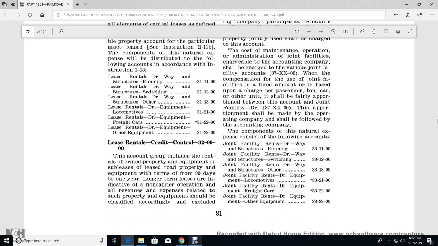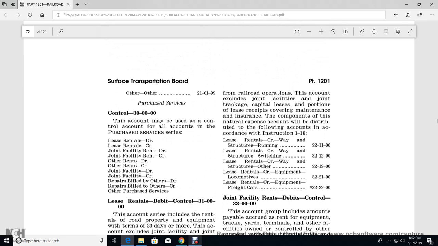The account includes the rental of the owned property equipment, the installed lease for the roadway property equipment, the terms of 30 days, 1 year for the long term, lease for the non-carrier operation, all the revenue and expenses related to such property equipment, the stuff classified accordingly and excluded from the railroad operation. The account excludes the joint facility, the joint trackage, capital lease portion, with all leases received covering the maintenance and insurance of the component for the nature of the expense of the distribution of the following accounts in accordance with the instruction 118,